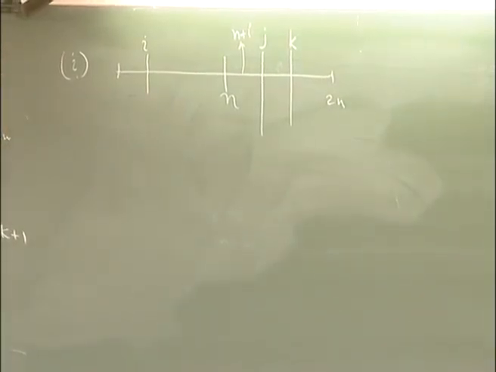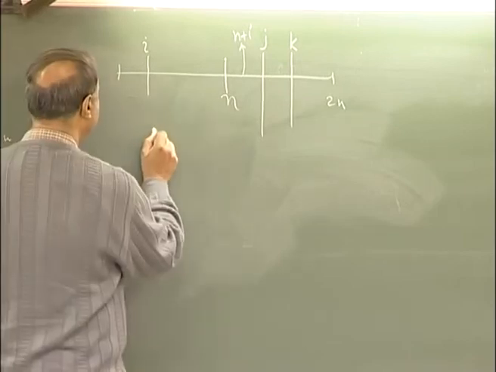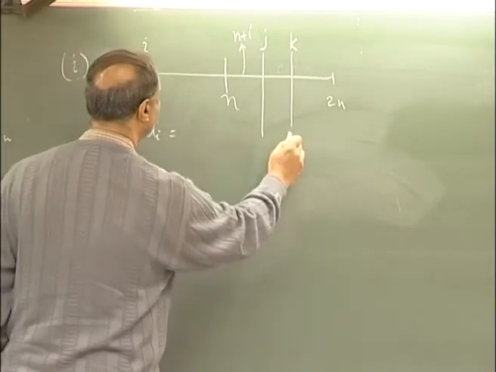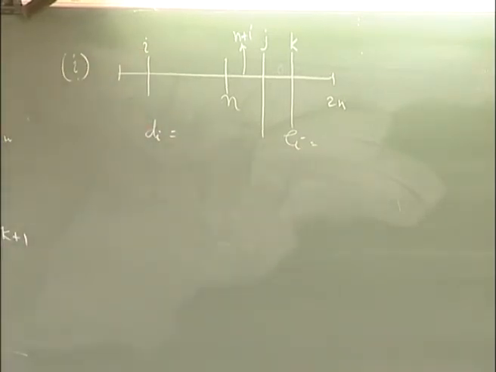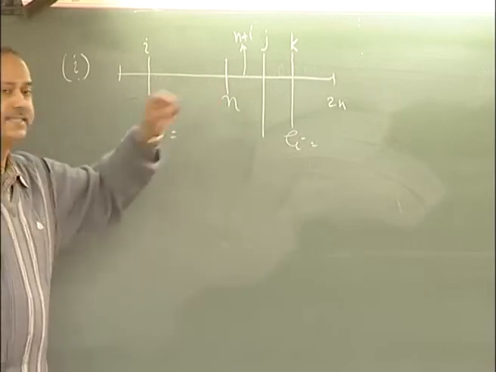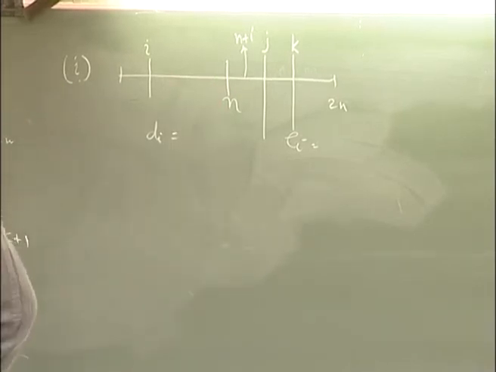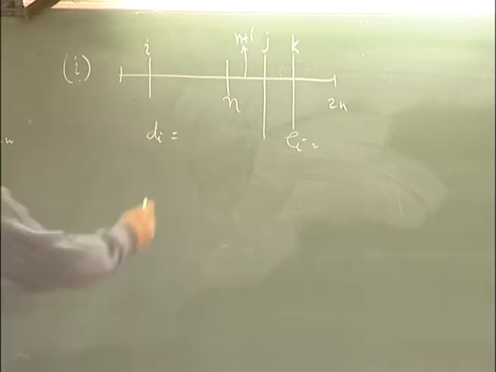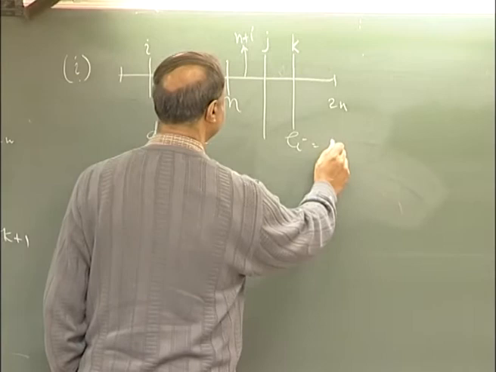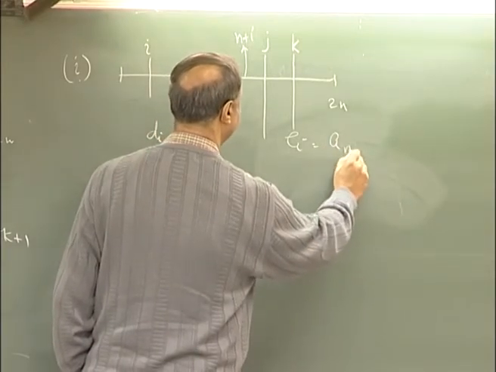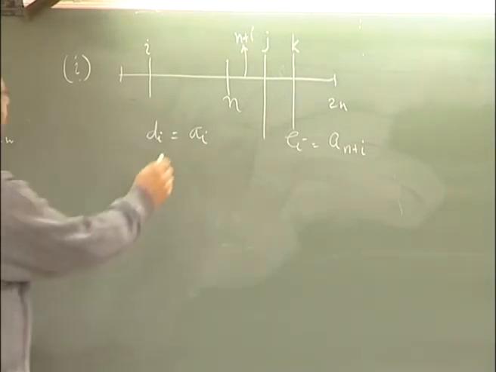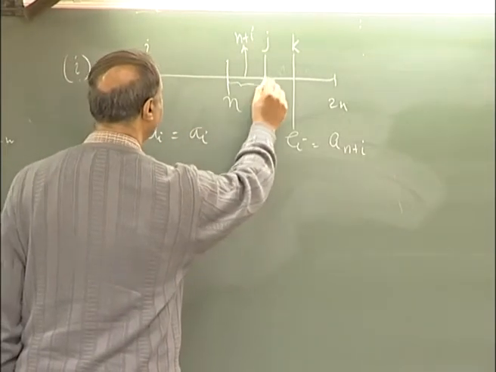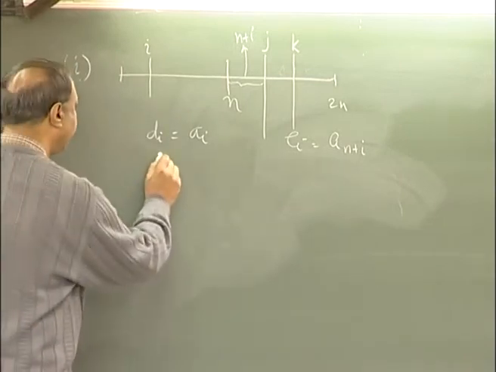This is the first case. Now tell me what should be your di and what should be your ei in this case, when i is n plus i is here. di is ai and ei is